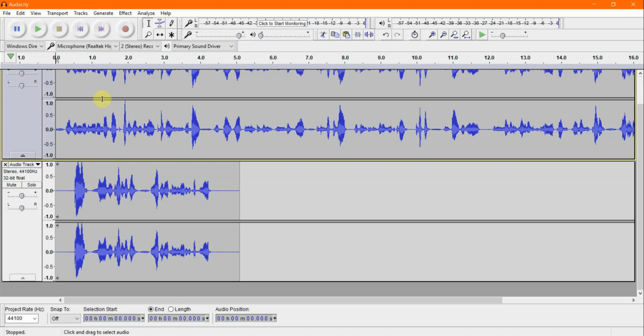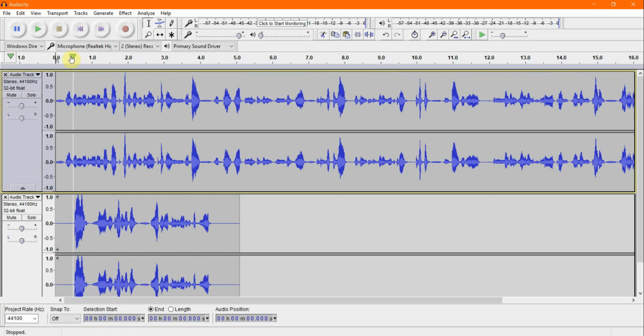Now I have one problem. You'll notice these two tracks are overlaid. They'll play at the exact same time. So if I do hit my play up here, bring my volume up, and you'll see the meters. That's not acceptable. But what you can do is come up to the double arrow and